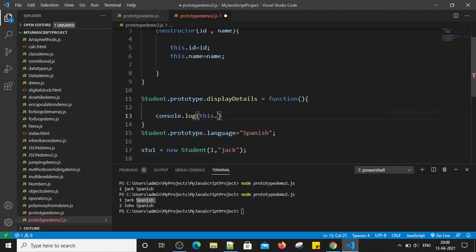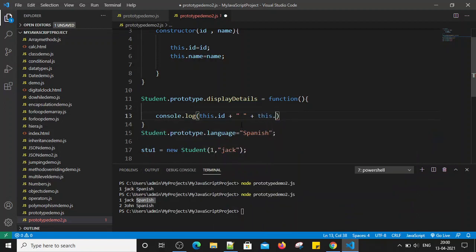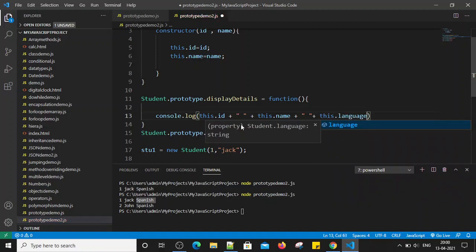So this dot, what are the different properties we want to print? this.id plus this.name plus this.language, right? So we have added language as well by using prototype. So we are printing the id, name, and language.